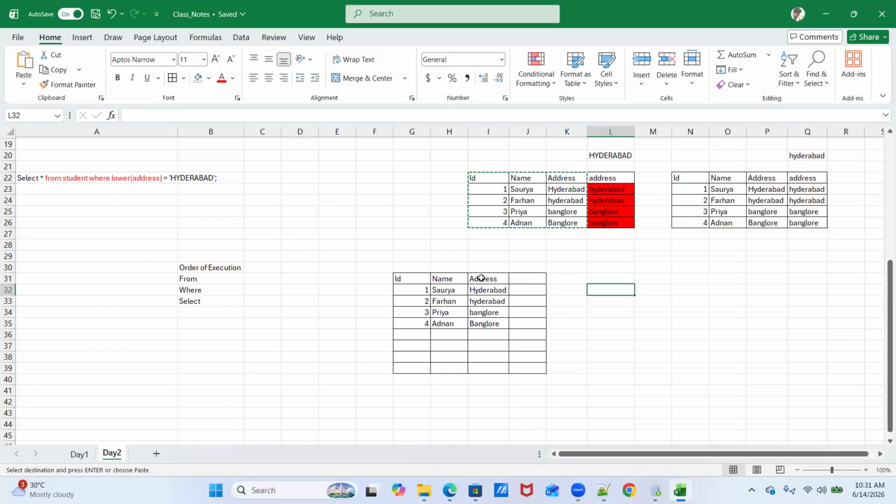Then it says, okay, we don't have any lower of address, we have an address column. The user has mentioned the lower keyword before the address column, so he wants me to convert the column data into lowercase. That's how it converts the data into lowercase.